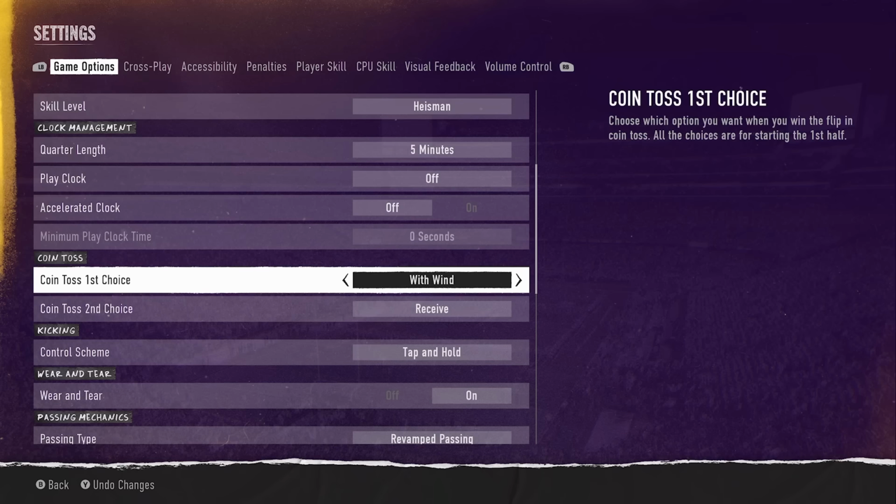A lot of people will have their coin toss first choice on receive because naturally people want to get the ball first and try to put the pressure on the other team by scoring. But the best thing to do with this is to have this on kick. The reason for that is because you will always get the ball coming out of halftime,